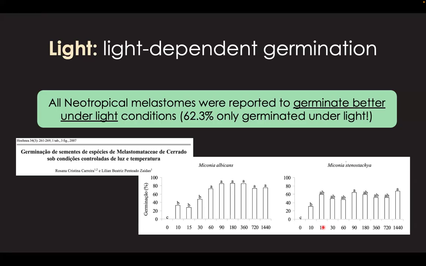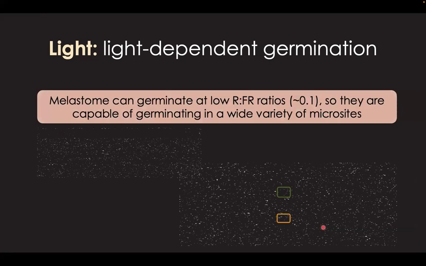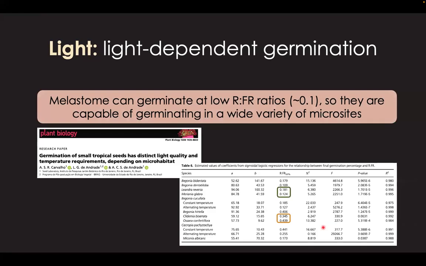But if we start to study these light requirements with more detail, we should think also about light quality, because the other studies were more about the contrast between dark and light conditions, but these more recent studies are trying to understand the difference in light requirements. If you have gone to a forest, you can perceive that the light in a gap, for example, is totally different from the light in the understory. There you are able to see because there is light, but when you try to decompose this light